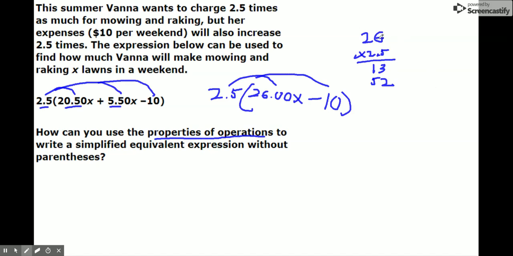So I didn't use the standard algorithm here. I just set it up like that, and I just did each digit, and I can add these up, so I don't need a placeholder or anything here. 3 plus 2 is 5. 1 plus 5 is 6. 65 makes sense because it's more than 26. It's actually more than twice 26. So 65x